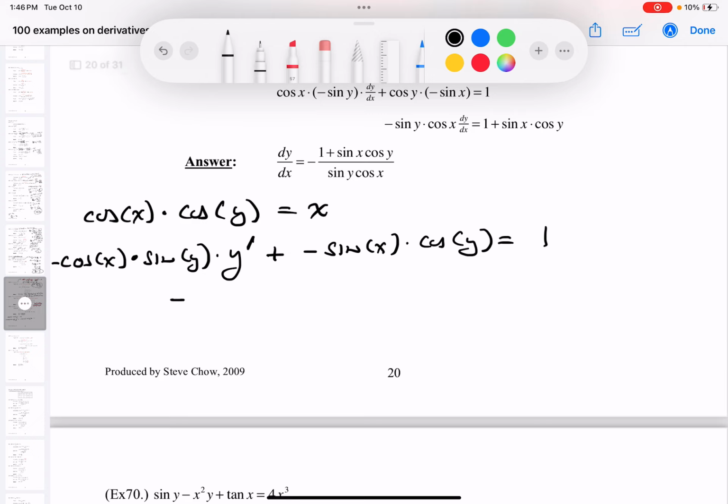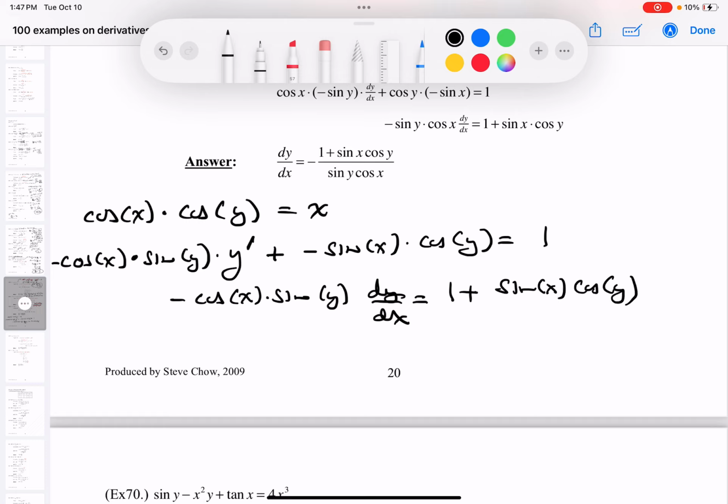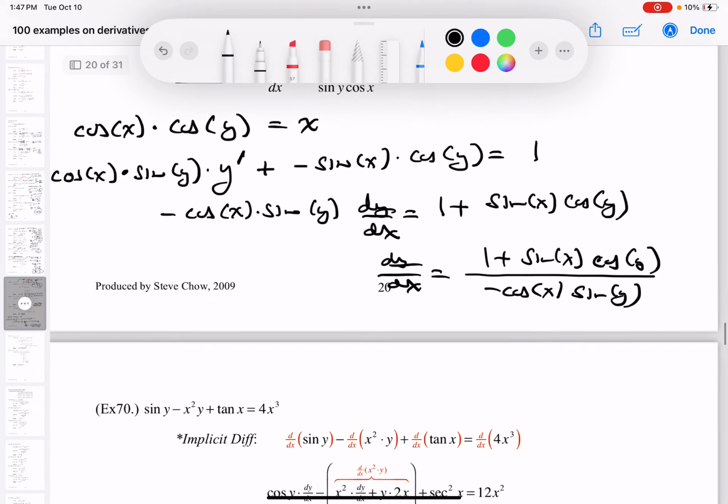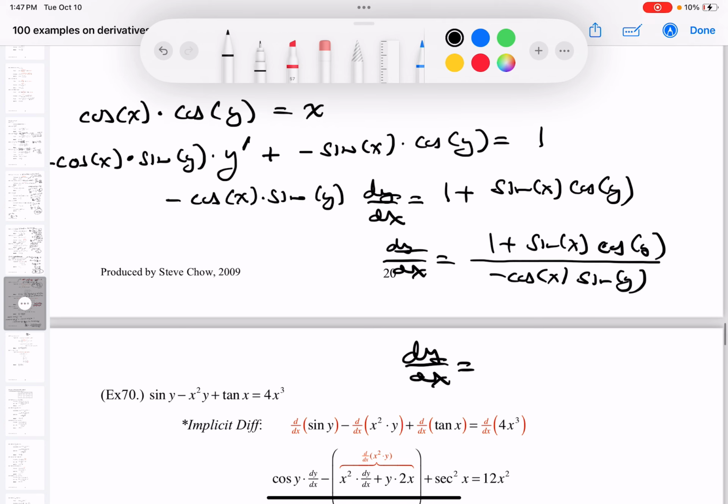So I think I'm almost there. Let me write this down. Minus cosine x sine y, y prime, which I'll say is dy dx now, is equal to 1 plus sine x cosine y. All right, what I'm going to do now is divide both sides by the coefficient, which is minus cosine x sine y. What goes on top? 1 plus sine x cosine y. Got to clean that up though. So dy dx is equal to minus, this is cosine x sine y, 1 plus sine x